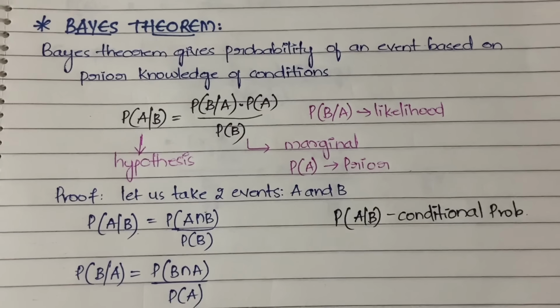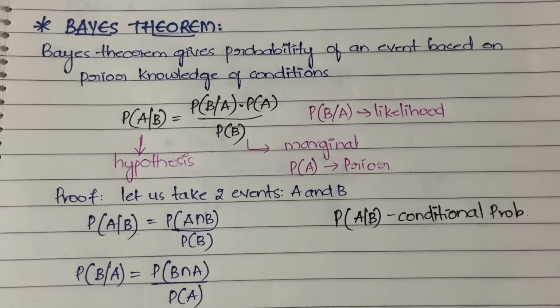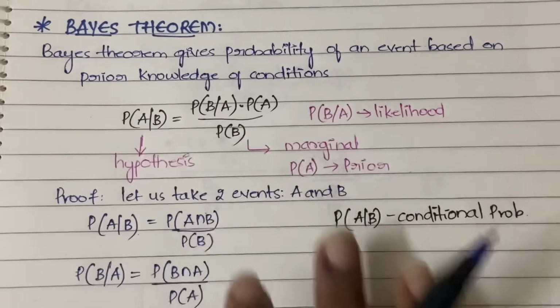In today's video I'm going to explain the Bayes theorem in the subject of machine learning. We have this Bayes theorem not only in machine learning, but also in data warehouse and data mining as well, so it's very important that you understand it. Even in probability and statistics you'll have this, and the prerequisite for the Bayes theorem is conditional probability. Even if you don't know about conditional probability, that's okay, it works. This formula stands for conditional probability.